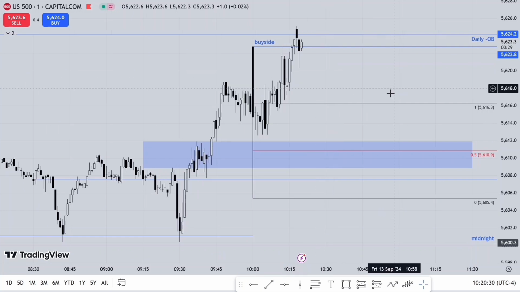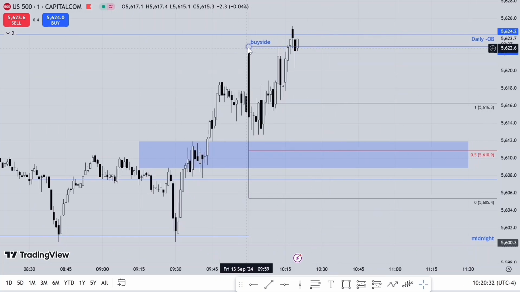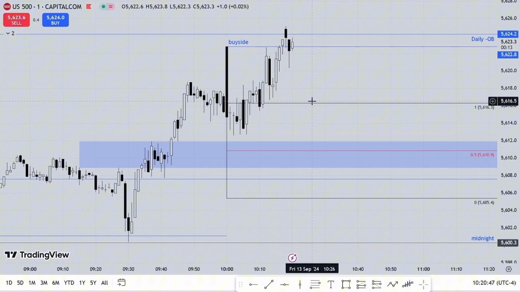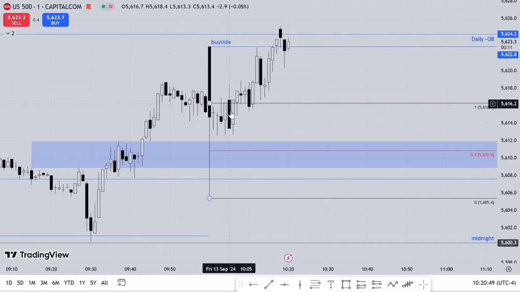So we had buy side resting here at 10 o'clock. Price left buy side here and dropped lower. Then we close here. Then we'll be having a rally like this. So you see, this is not the type of price action you want to participate in because price is not balancing and imbalancing. Price is just chopping higher, chopping higher.